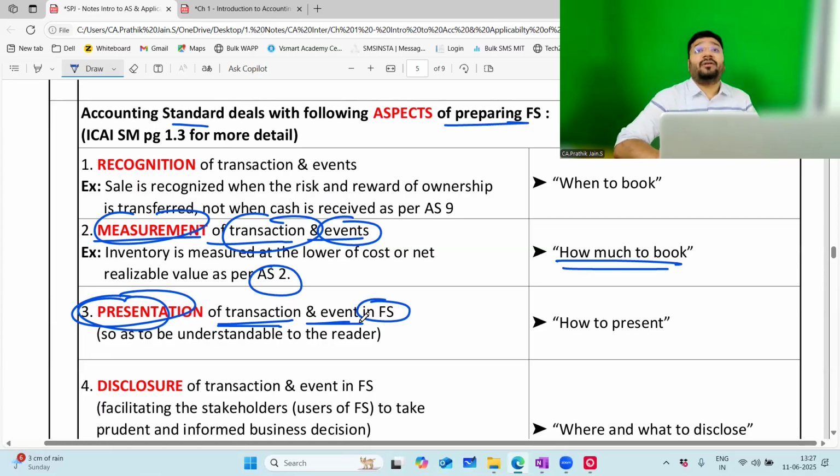When you prepare the balance sheet, left hand side should be liability, right hand side should be asset. Who gave this presentation? I'm talking about accounting standard. Accounting standard is not applicable only on corporates. It is applicable on non-corporates. And for your information, the Schedule 3 format is given by the Companies Act. We are talking about AS now. Why is the Companies Act coming in between?